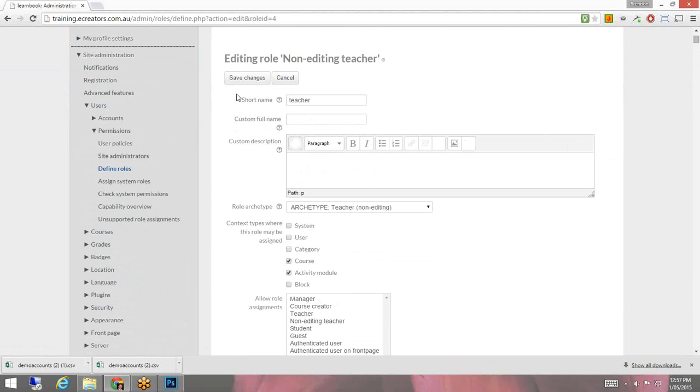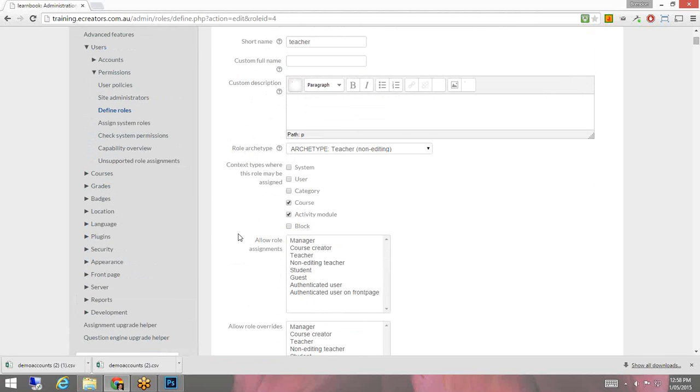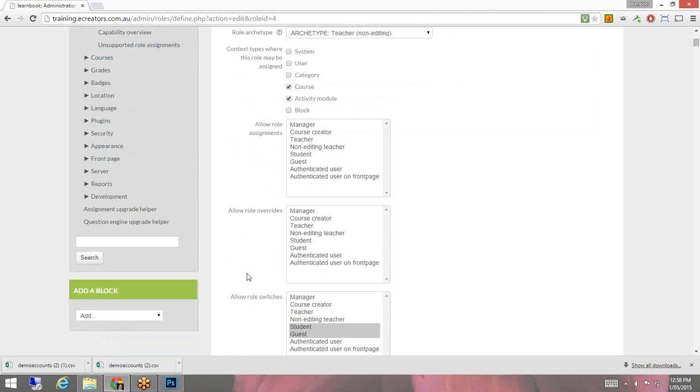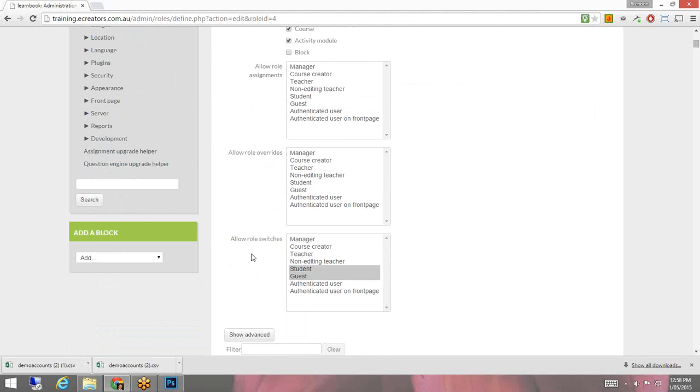update you to become a non-editing teacher, come across into the non-editing teacher and say that you also have access to the entire system. So if it's the system, it would be that manager, the complete admin level. But being the non-editing teacher, then what they actually get access to are all these areas in through here, as far as the role assignments in there that